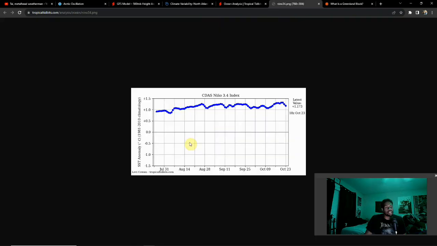You can see when we're in a positive phase with the North Atlantic Oscillation, or NAO, and then you can also see when we're in a negative. This is a positive or slightly positive NAO setup here based off the Nino 3.4 index here. Anything above 0.5 is considered a positive phase. Anything below negative 0.5 is considered a negative phase. And we're pretty securely into positive. It's not a strong positive phase, but there's one that's definitely evident here from the looks of it, and has remained that way for the most part throughout a good portion of the summer here too.